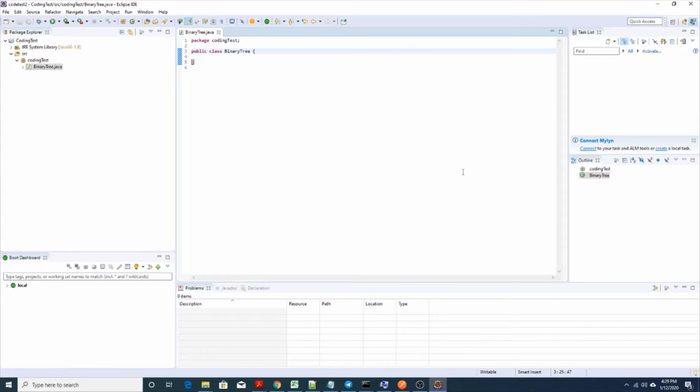So for my binary tree, we'll be passing values to this binary tree to build our tree. So the types of objects that I want to be passing to this binary tree will extend or implement the comparable interface. So I want to create a generic